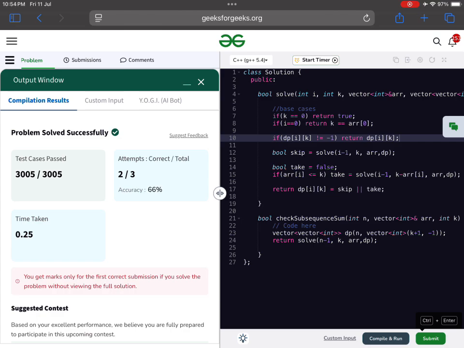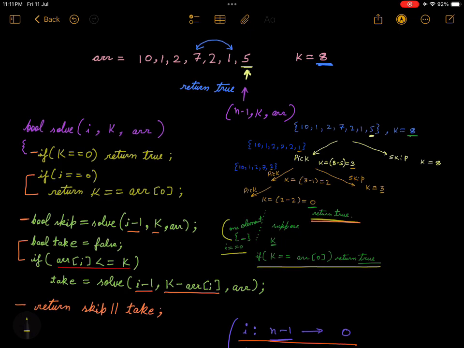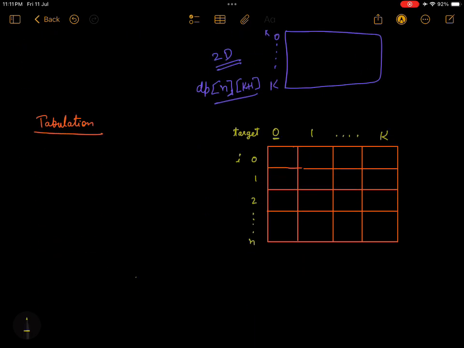And yes, we have passed all the test cases. Now let's quickly see how to write tabulation code. For tabulation, let's have our 2D dp vector, which has dimensions for I and target. I from 0 to n, target from 0 to k. From the first base case, we know if target is 0, then for all index values, the answer will